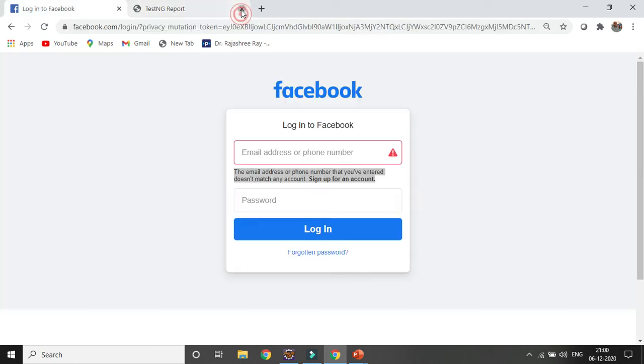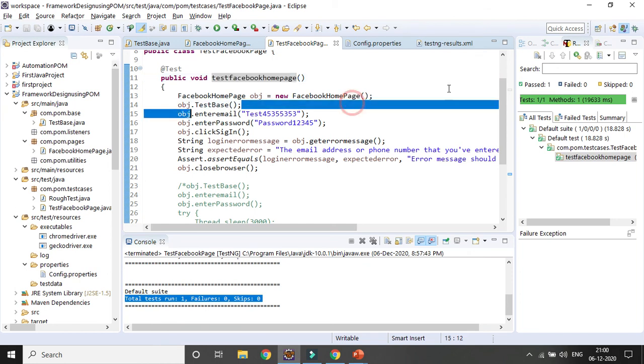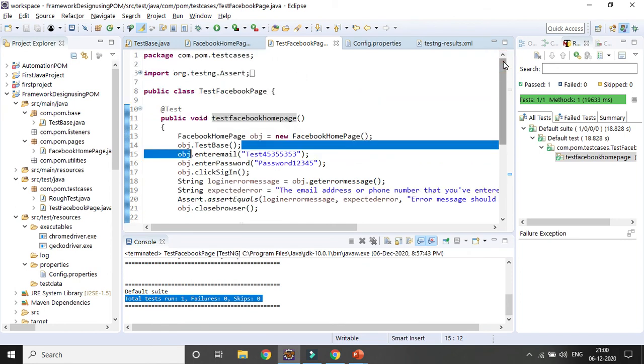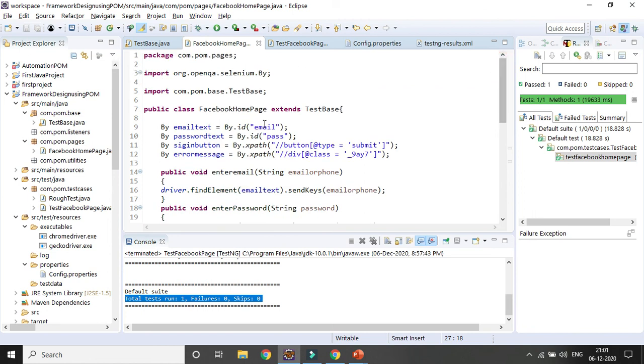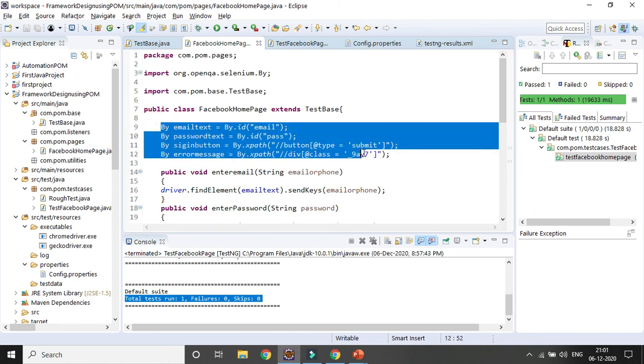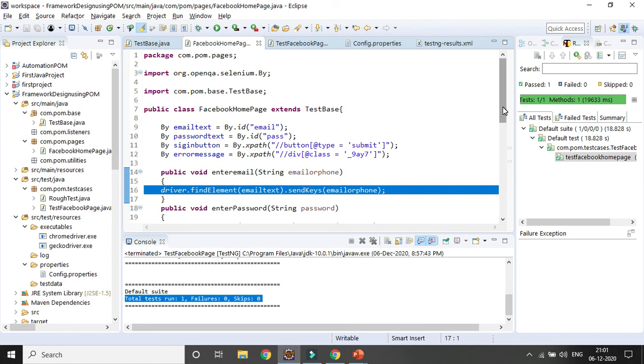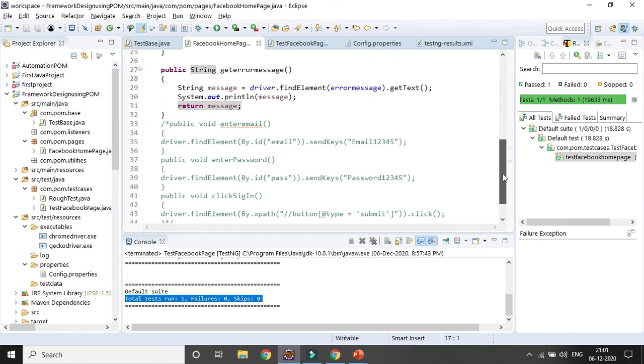So in my last session we tried to implement only the base class, and we created a class for the Facebook homepage. After that we created a class for the test cases. We did not use any By locator, so here we will be saving all the locators at the class level. Also, in the last session we created methods where everything was hard coded, but now it is not hard coded. And we have also added some assertion points.